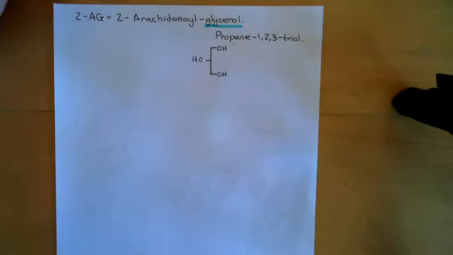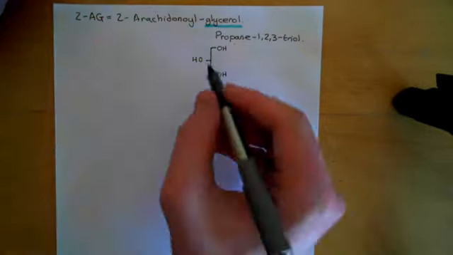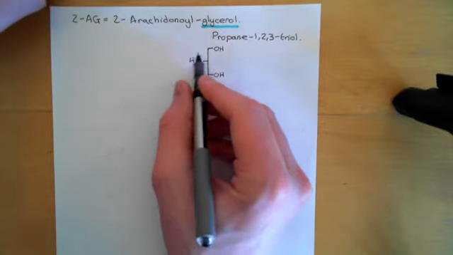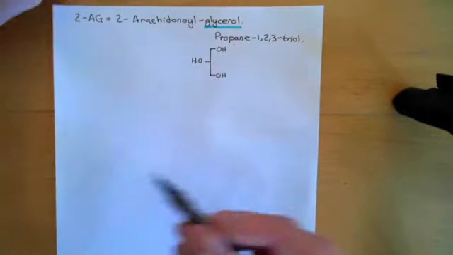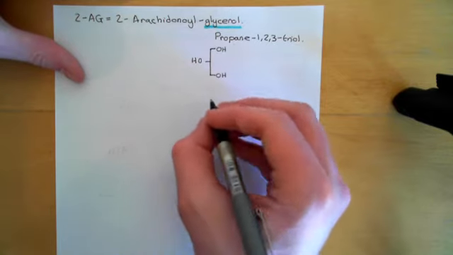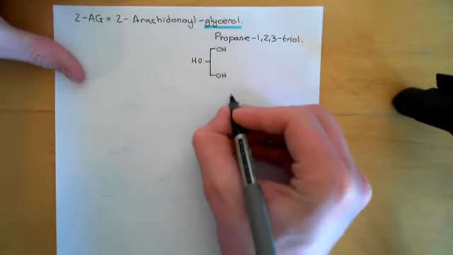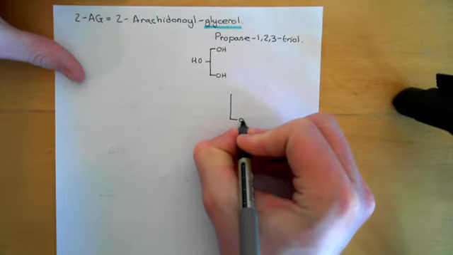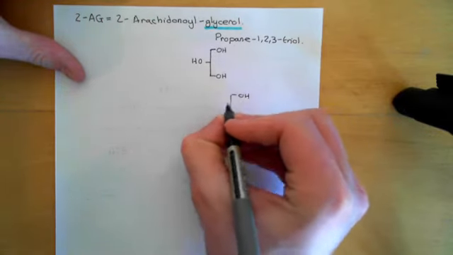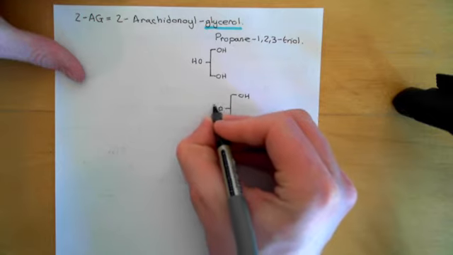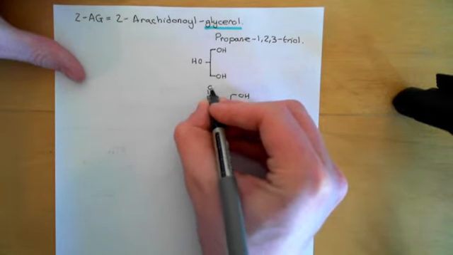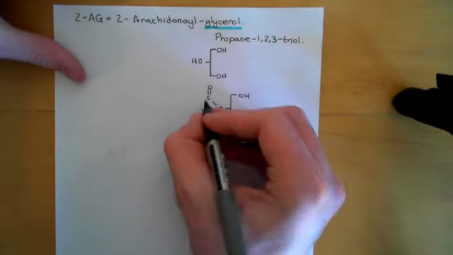Now what we're going to do is attach an arachidonic acid molecule onto this alcohol group here that comes off the second carbon to create 2-arachidonyl glycerol. And that's going to be done by an ester link. So let's now draw this. We just copy the glycerol molecule out again. So here's that third alcohol group, the first alcohol group, and then here's the second one, and now it's going to be attached to the carboxylic acid group of the arachidonic acid molecule via an ester link.